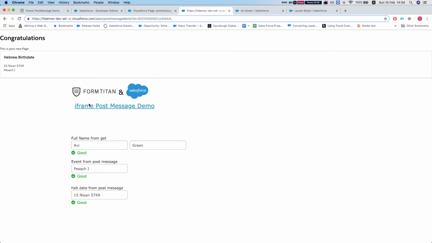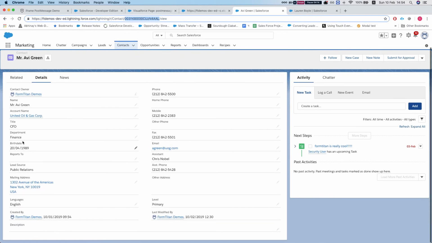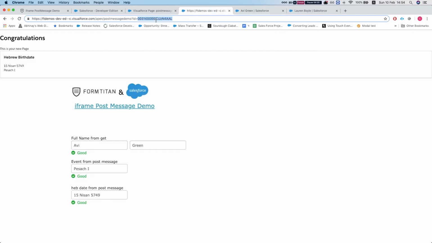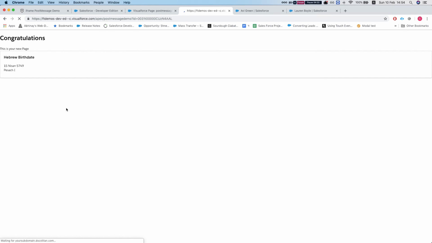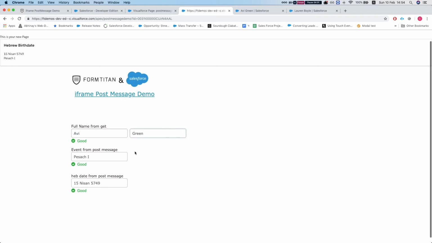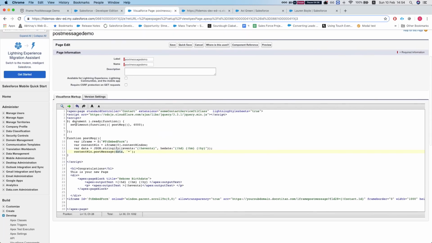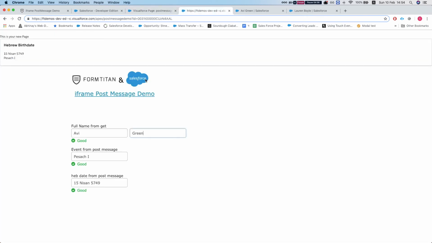So let's take a look and see how it does. Here I have a contact, Avi Green, for example. This is the Georgian birth date, April 20th, 1989. Let's see how it does. Enter this. Our iframe has opened up. As we can see here, the name from the get came immediately, and for the post message we set a timeout of 4 seconds, and it posted the event, which is the 1st of Pesach, and the Hebrew date, 15th of Nisan